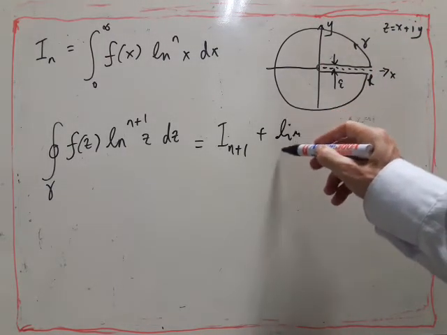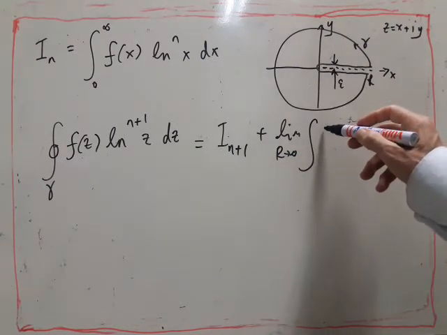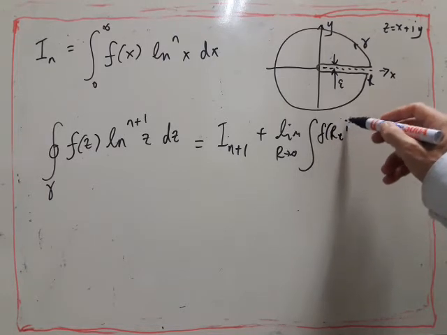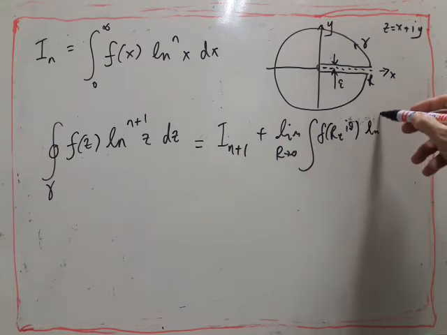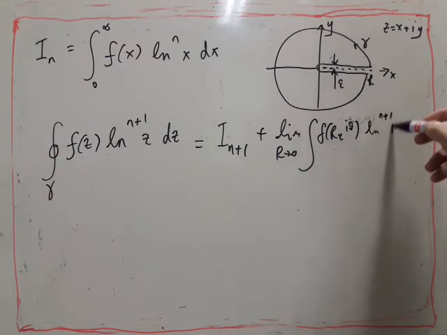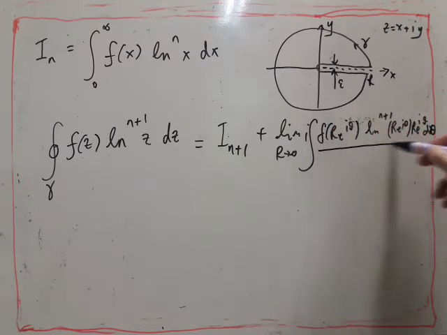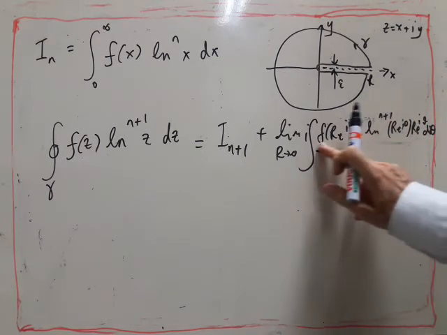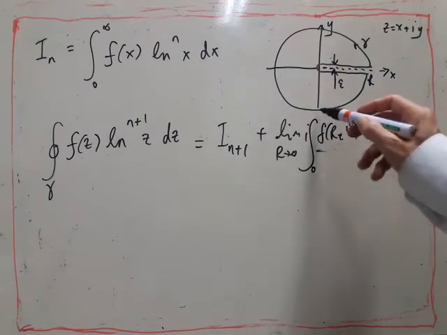So it's the limit as r goes to infinity of f of r e to the i theta, so doing things in a sort of general way, log to the n plus 1 of r e to the i theta. We've got a factor of r i coming out, and okay, that's all we have. Okay, so this is sort of difficult to do in a general way,